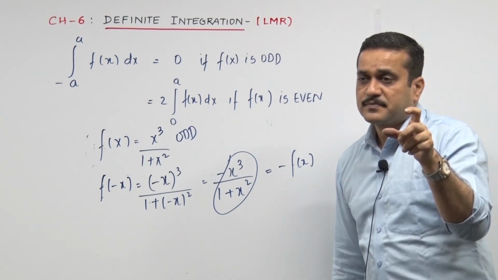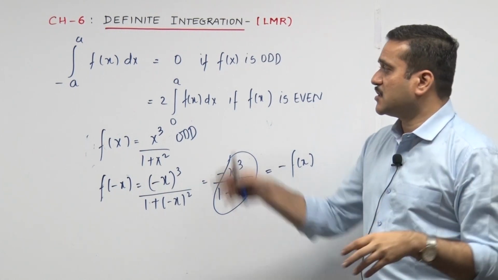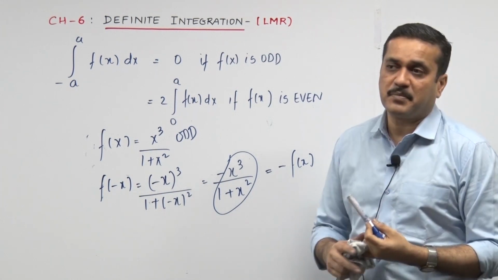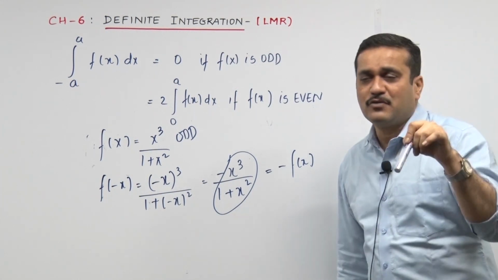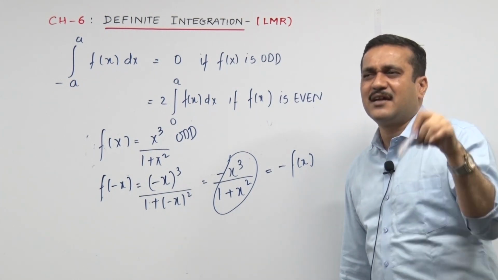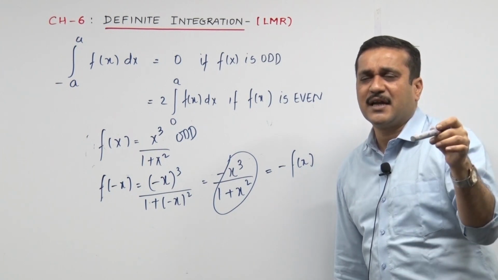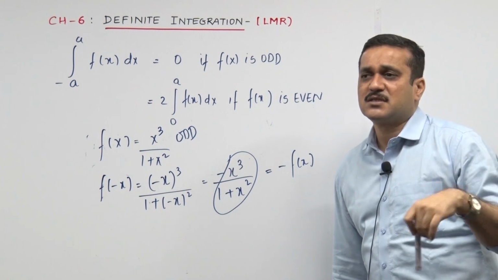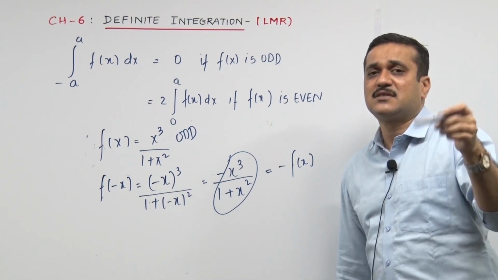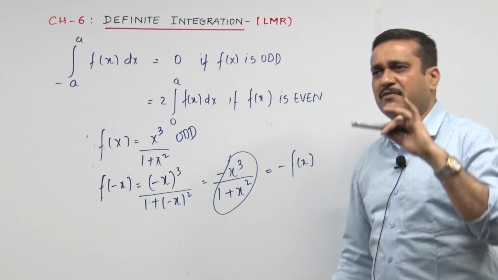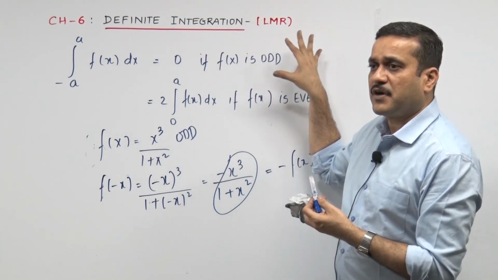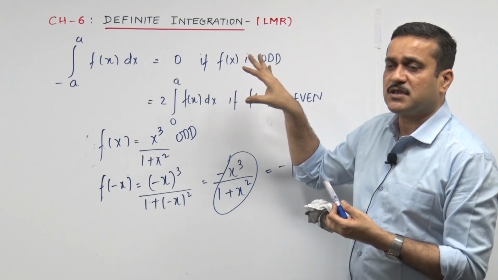If it is odd, the straight answer is 0. You just need to mention the property. You are not even solving the sum. So how important it is for a student out there, rather than mentioning property 7, to at least have that much courtesy, that much respect for the solution, that at least I should mention the property. So whenever you mention the property, please write it in full. Even if it goes odd function, please put in the two statements, the property in full.